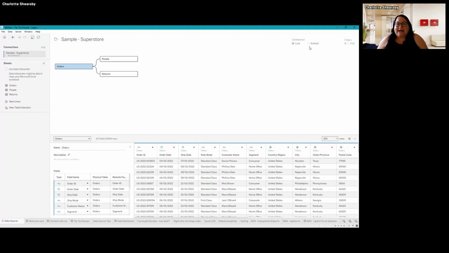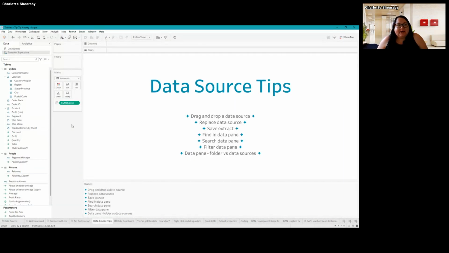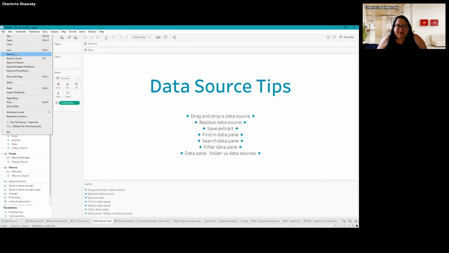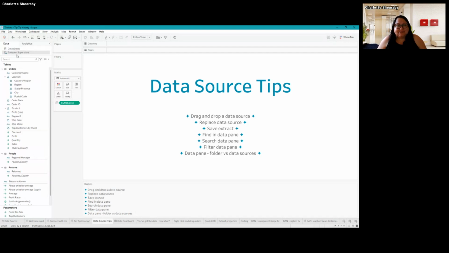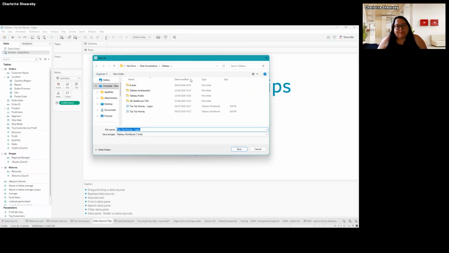What I'm going to tell you now is not to extract just here. Connect all your data up and then come back to your worksheet. Save your workbook. Come to save as. Save your workbook not as a TWB, but as a TWBX. Save it.